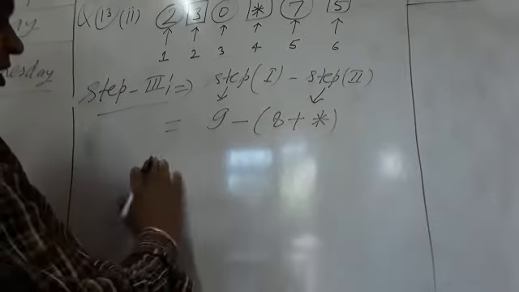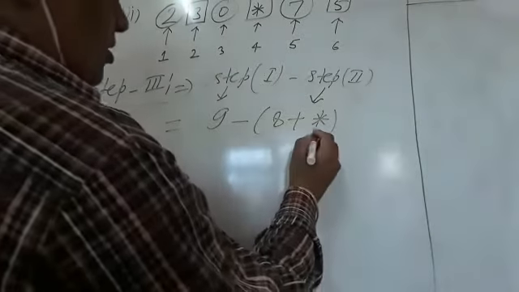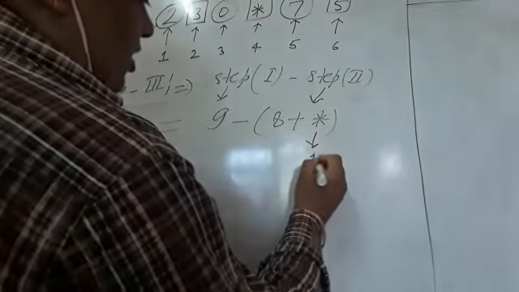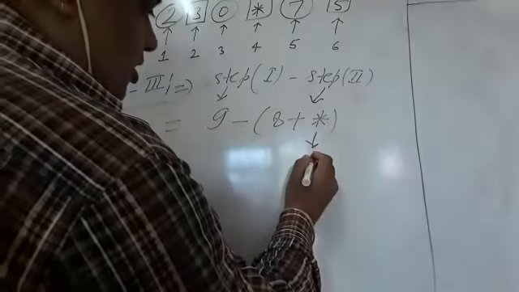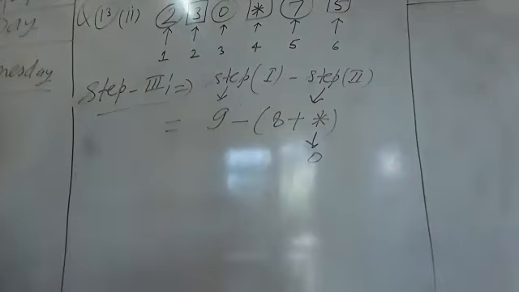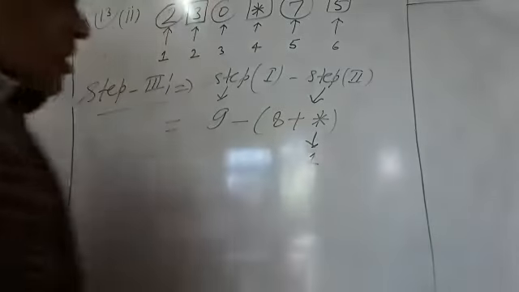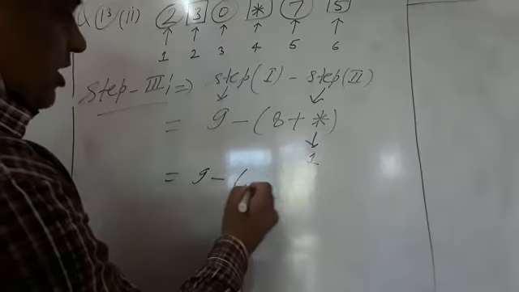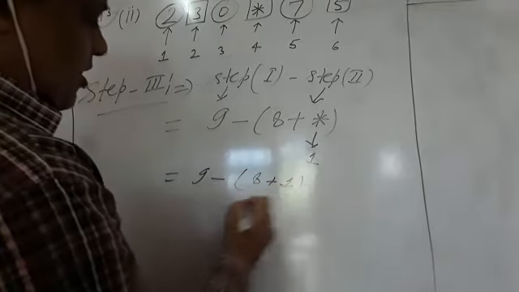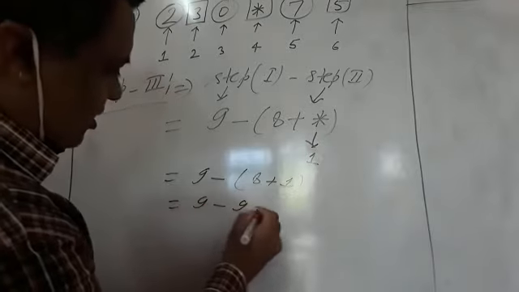So if we put the smallest value 1 here, because if you put 0, suppose I put 0 here, then 8 plus 0 is 8. Now we move to the next number, which is 1. If we place 1 here, that is 9 minus (8 plus 1), and the result is 9 minus 9, which is 0.